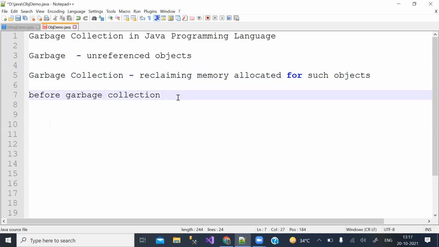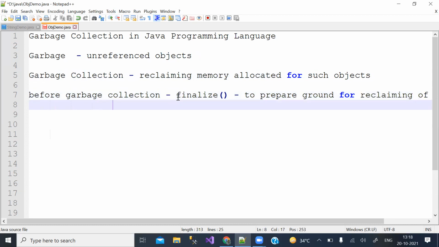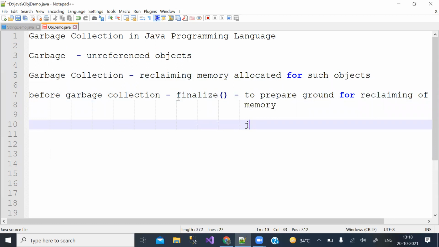Okay, before garbage collection, a method called finalize is executed automatically to prepare ground for reclaiming of memory, or for garbage collection, and everything is done automatically by JVM, Java Virtual Machine.